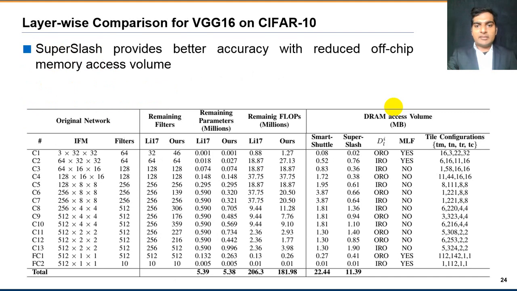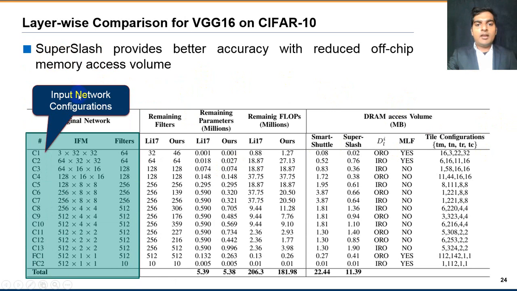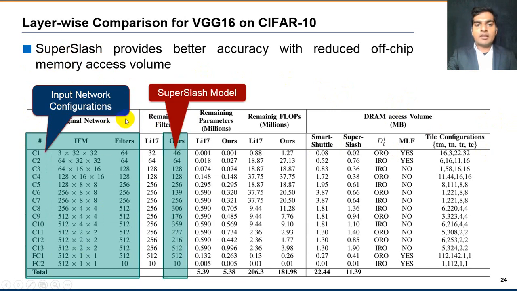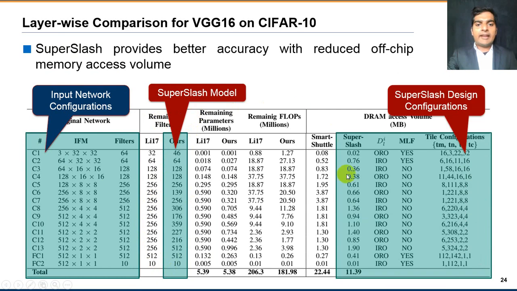This table shows the layer-wise comparison of Lee's model on Smart Shuttle DSE with SuperSlash. Here is a given model configuration. This particular filter configuration represents our model, and this is the design configuration of the output model of SuperSlash. Unlike Lee, we don't only provide the pruned model as an output, but we also provide the design configurations tuned for the particular model. Moreover, Lee's model seems to be handcrafted, while our model is automatically generated from the Unified Collaboration